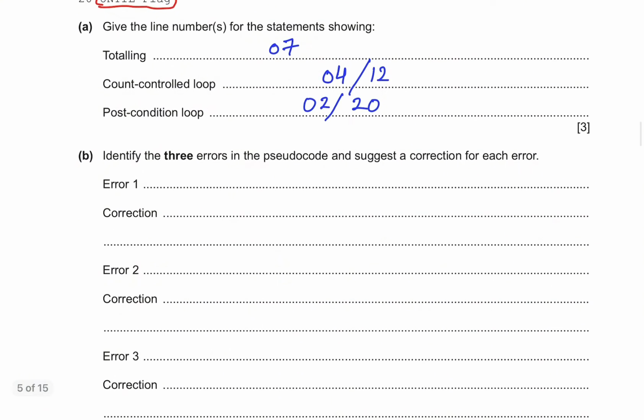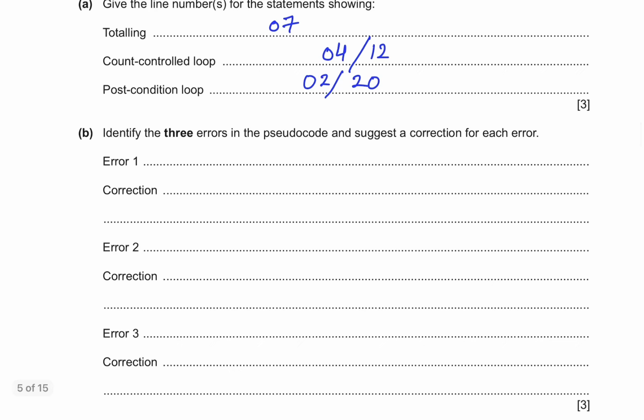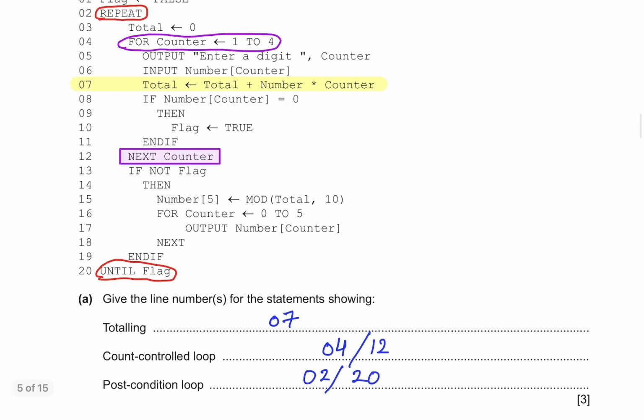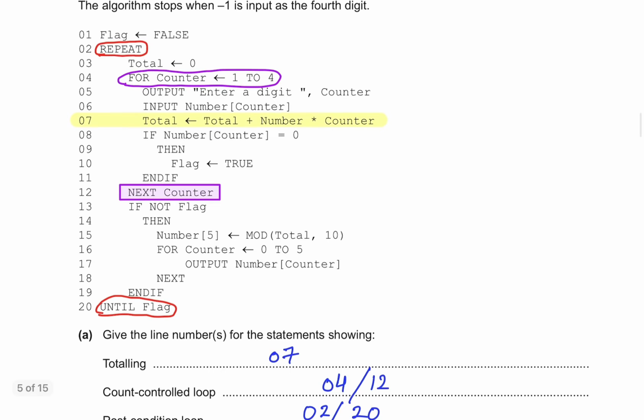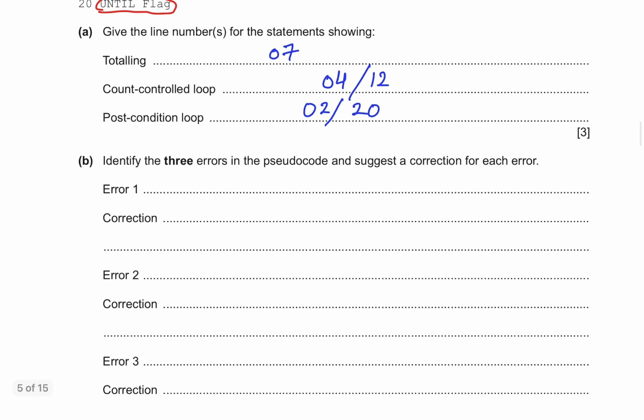Identify 3 errors in the pseudocode and suggest a correction for each error. There are 3 errors. The first error, when I was doing this, I already found out. This is the error. So I'm identifying the error. You could say 07, and the correction should be total